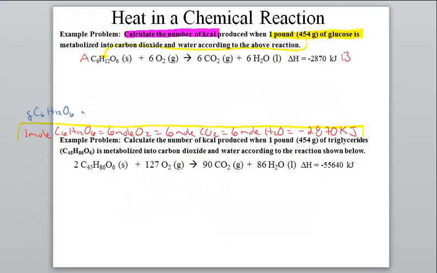Meaning when we do our flow of units, we can go from grams of glucose to moles of glucose. And then using our mole to kilojoule relationship, we can go to kilojoules. Note though that the problem wants us to go all the way to kilocalories. So we'll need to take that one step further, and using our information packet, we can get a relationship between kilojoules